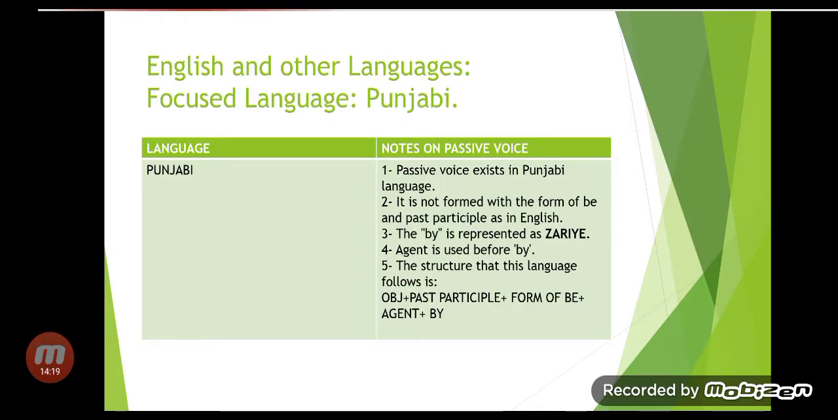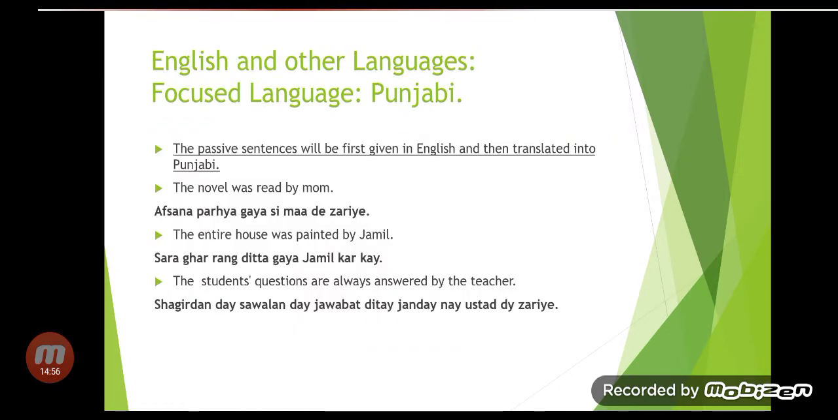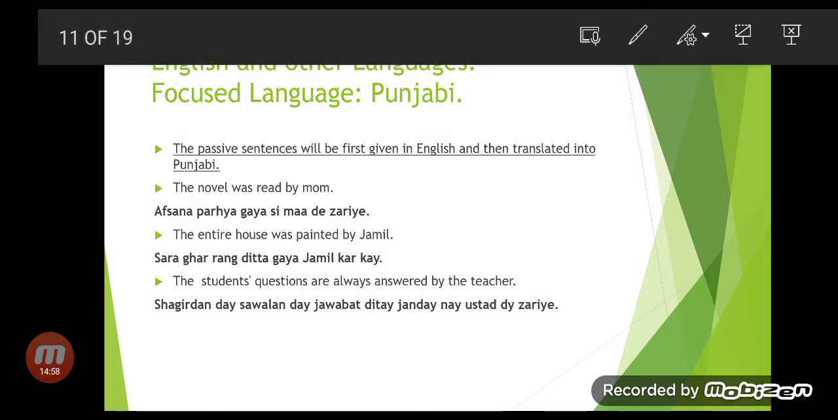So the structure that this language follows is object plus past participle plus form of be plus agent plus by. In English, we have object, then form of be, then past participle, then by, and then agent. So the structure is different in the Punjabi language. If I move backwards, I would show you an example, and we would put that example into this structure, right? Afsana padhya gaya si